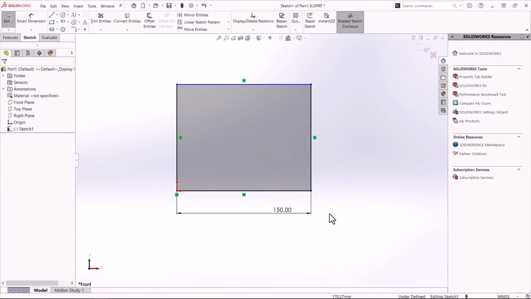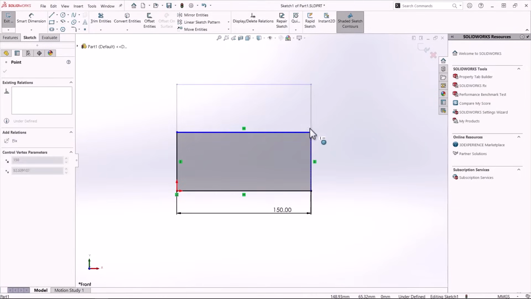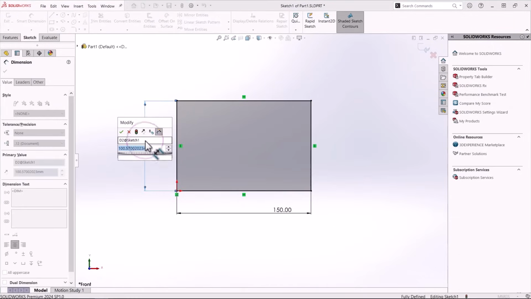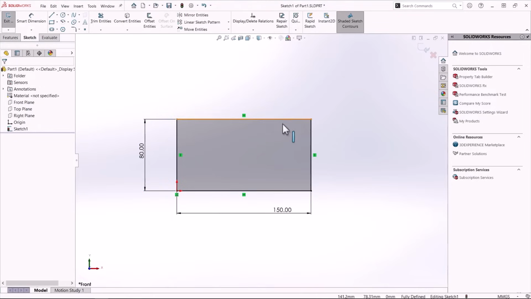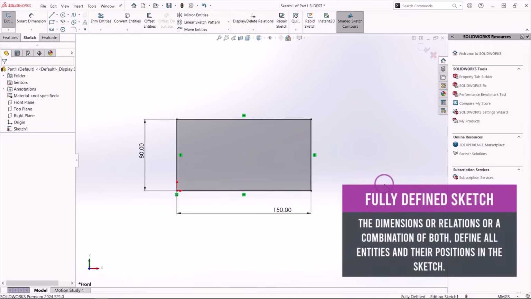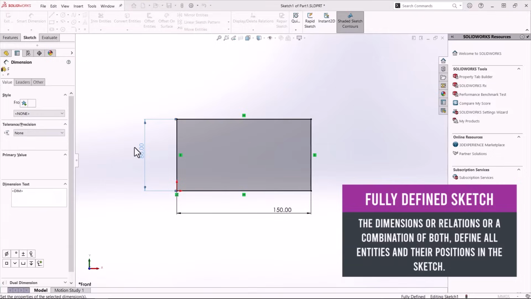By doing this, I've reduced 1 degree of freedom for this point, allowing it to move only along the y direction. Adding the last dimension ensures that nothing can move and my sketch is fully defined. The black color of each entity is a good indication to know that our sketch is fully defined. Of course, I can still modify the dimensions if needed.